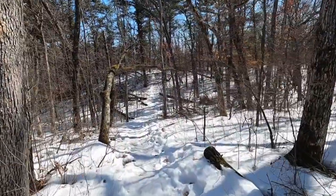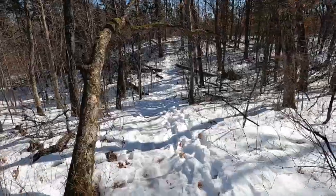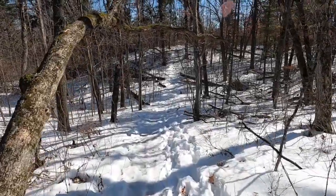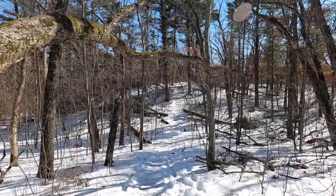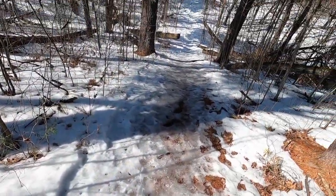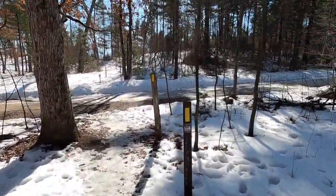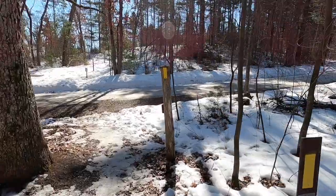Well, it looks like we got one more dipsy doodle here. Down and back up. Well, the ice spikes paid for themselves on that hill. Well, here's Emmons Creek Road. And that's the end of the Hartman Creek